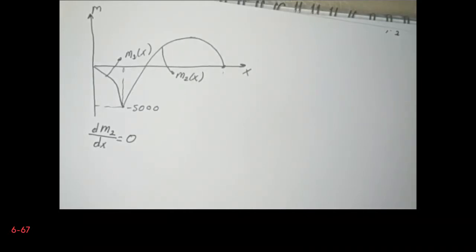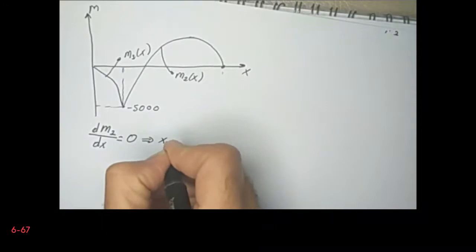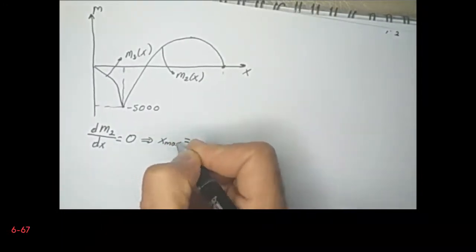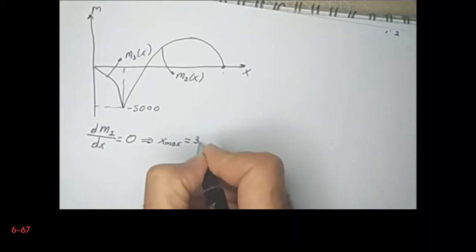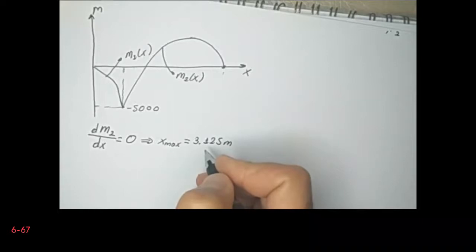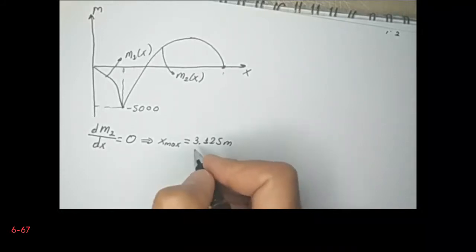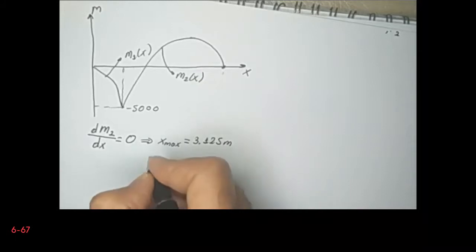Then from here we will find the extremum points. Maximum. We will find the x maximum from here as 3.125 meters away from the free end. This is the point where the moment is maximum, and in fact